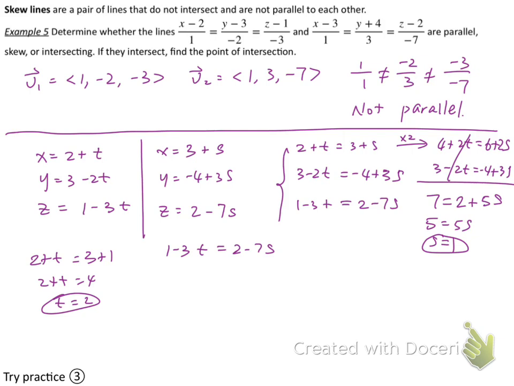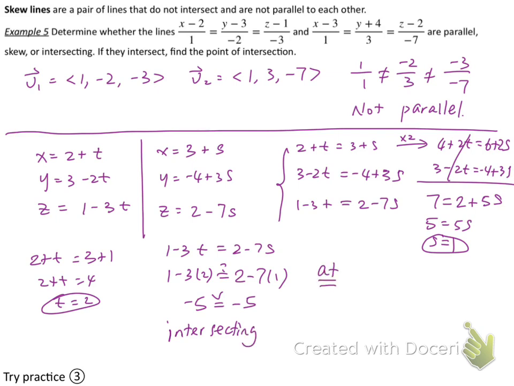Now let's plug it in and see if it also holds. 1 minus 3 times 2, and on the right-hand side 2 minus 7 times 1. Indeed you get negative 5 equals negative 5, which means when s equals 1, t equals 2, all three equations hold. And that means the two lines are intersecting